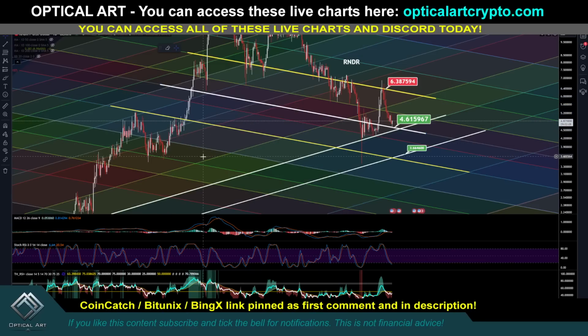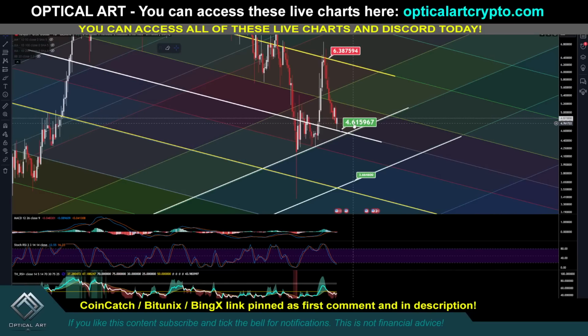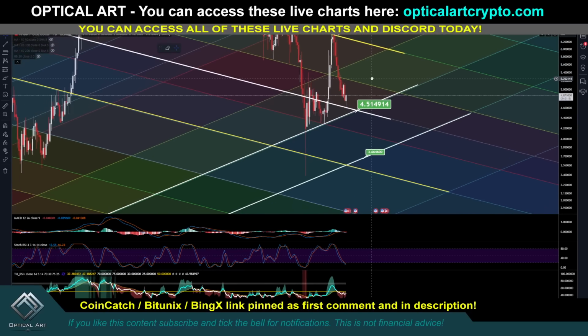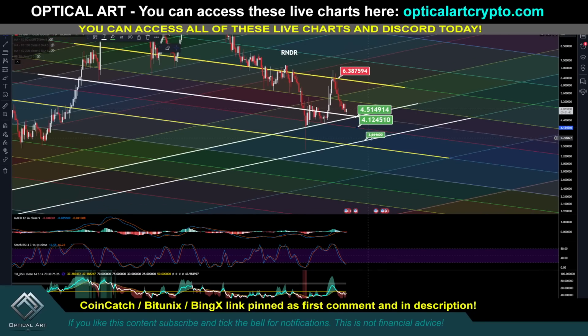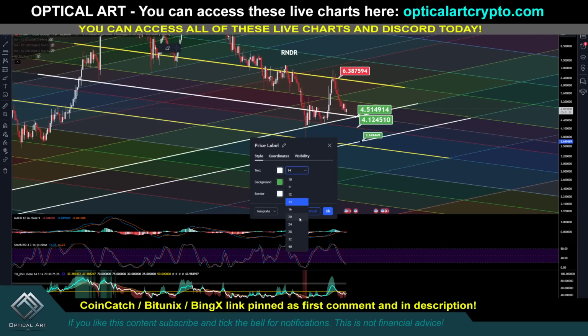Once you create these charts a certain way, it gives you targets that other people would not be able to find. So your point to go long was when you make contact with this point. Your point to short was up here around 6.38, and your point to long is around 4.61. Obviously, if we break below 4.51, then you have targets below. Like, for instance, you potentially get a bounce here around 4.12. And your next major, most macro support is going to be down around,